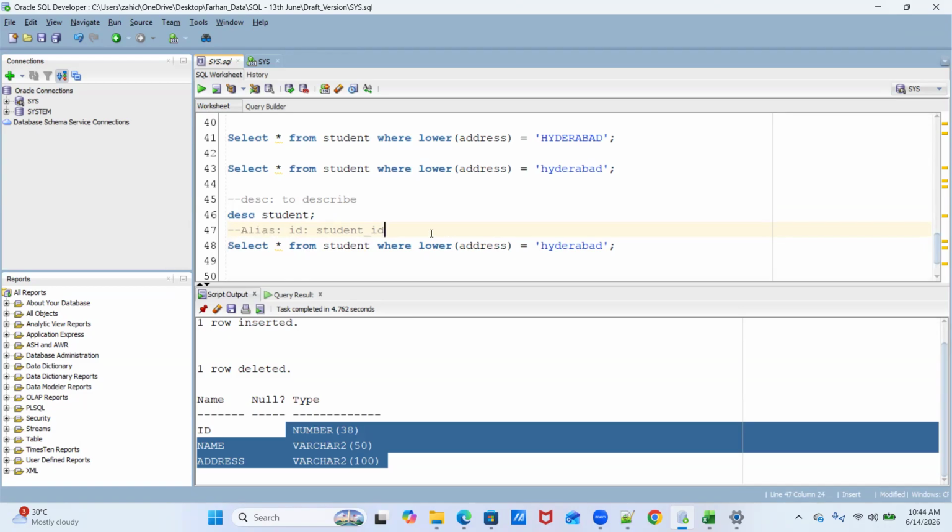Because this is a short table name, student. But in the project or in any domain project, basically, they have long table names. In that case, we give a shorter name for that particular table, and that helps us in understanding.